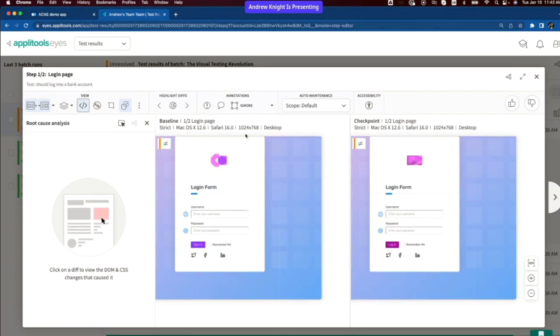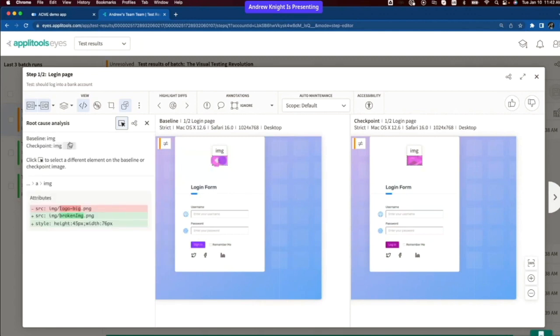Now I can click on elements in my page, and we can see the CSS and HTML code that was behind the scenes that caused that visual difference. Here, when I clicked on this image, we can see originally it was using this particular image link, logo big.png, but then in the changed image, it started using this broken image.png, and that is the nature of the problem. So I know why that one is broken. I'm just going to copy this information to my clipboard,